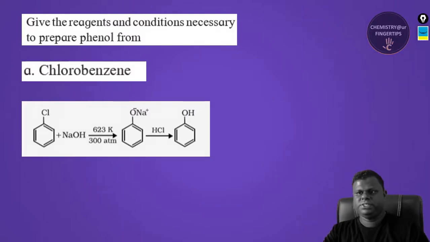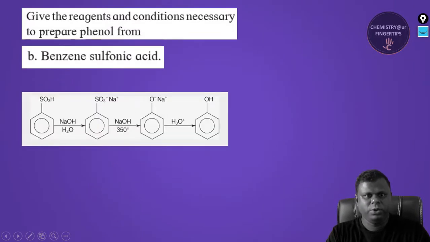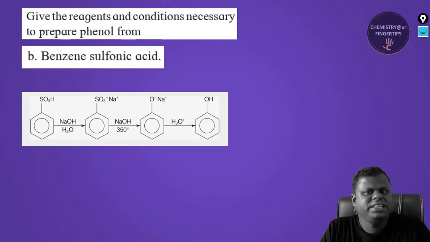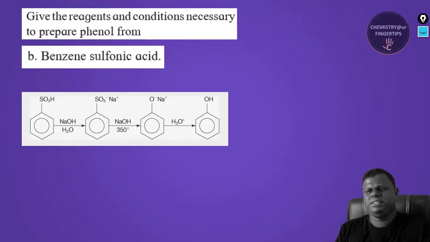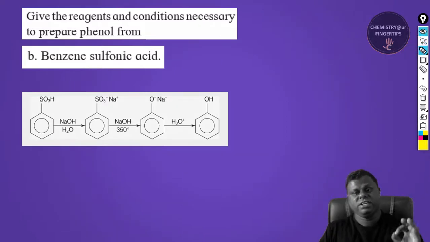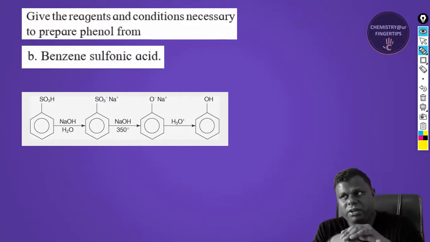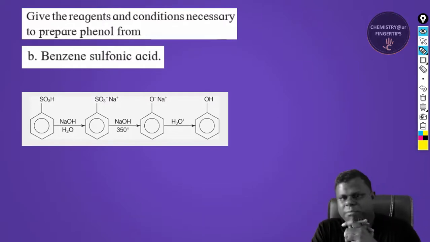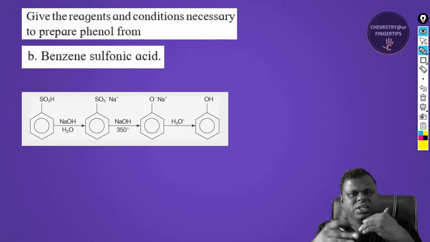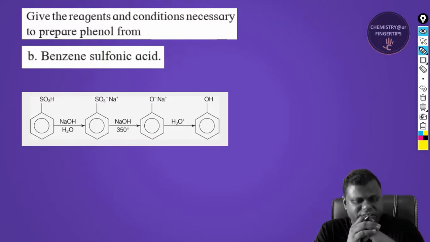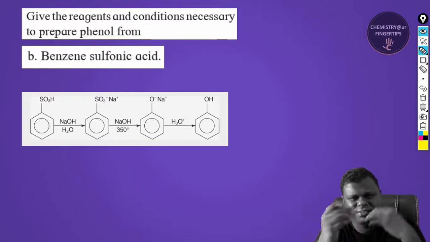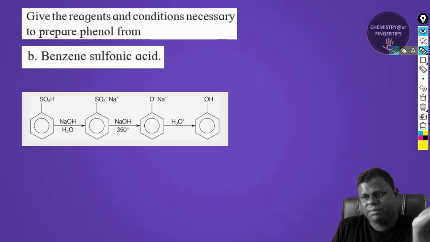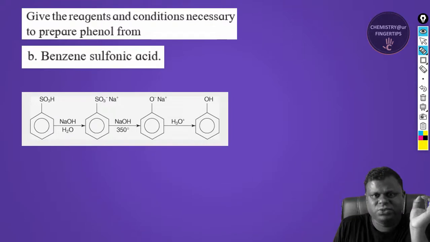So now this basically is the next part, and now you have to give the reagents and the necessary conditions to prepare phenol from benzene sulfonic acid. Okay, so you already have the benzene, this particular reaction route which I mentioned. Now you have to be very careful, because this is just, I believe, a 1 mark question when they have just asked what are the reagents and the conditions necessary. Okay, so don't just write down all the steps and all, right? Even if you are trying to write it, make sure that your more emphasis is going to be the reagents